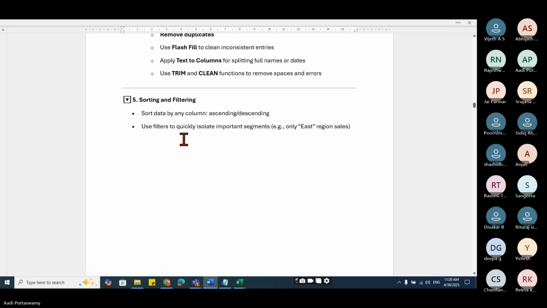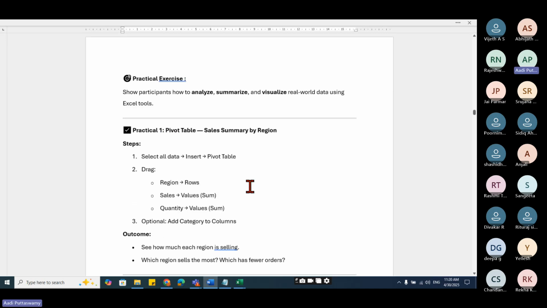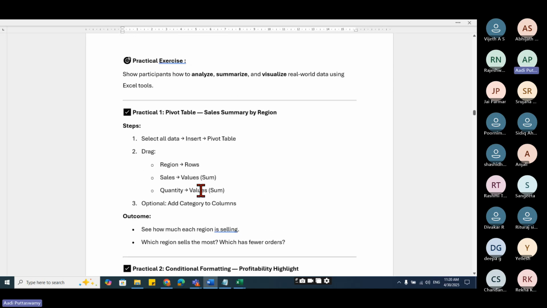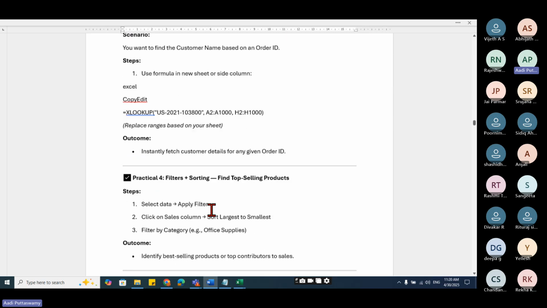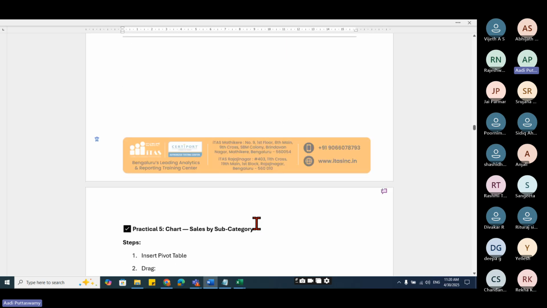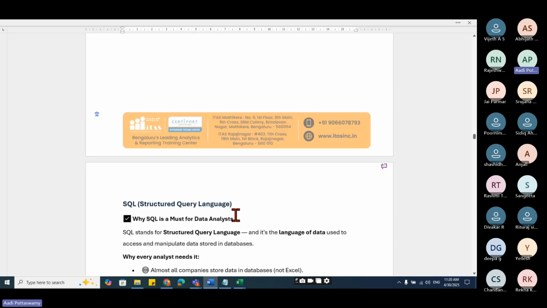All right. So next is about some practical exercises. This I've given to you. Just try to work on this. All these exercises, please work on this. This is like an assignment for you. And this is taken from the data I've worked on, right? Same data you can create this. So try to work on this and send it to me if possible, so that you'll get an idea how you can work on all this data.